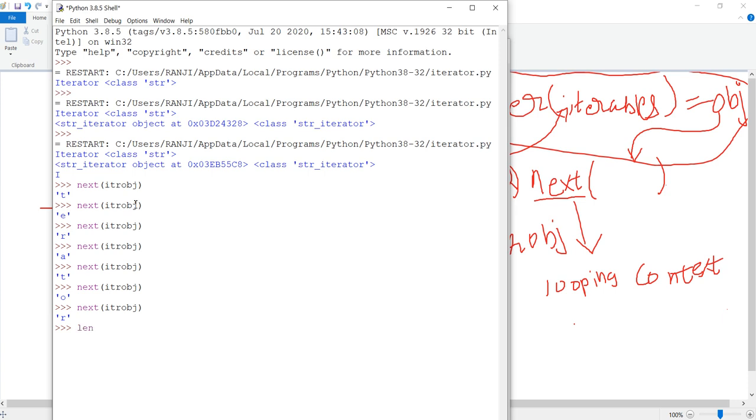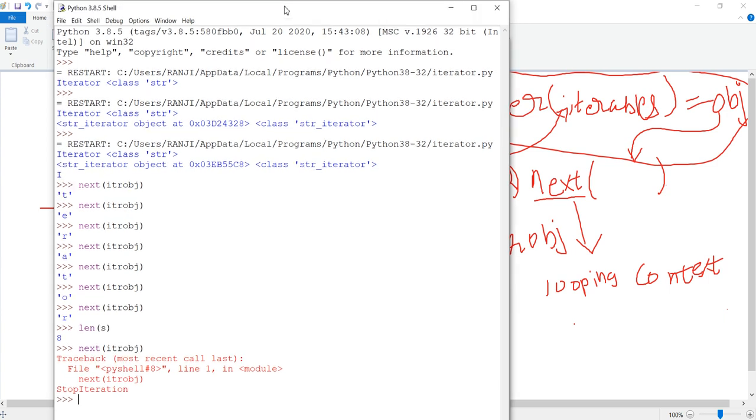So if I just print length of s, the length of s was 8. So 1 2 3 4 5 6 7 8 elements. Now what if I call the next function again on this iterator object? So you can see it threw an error.